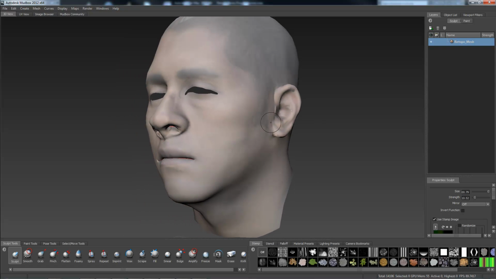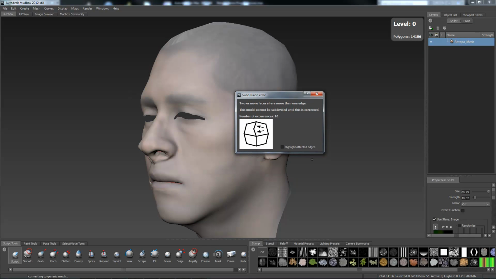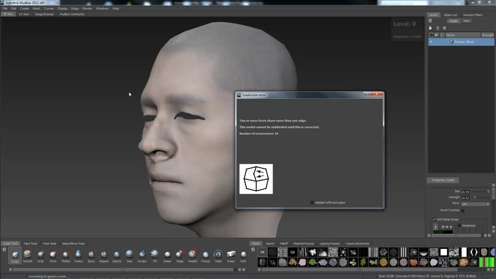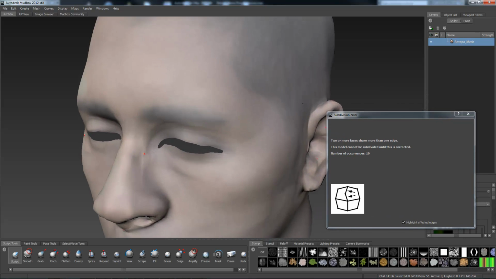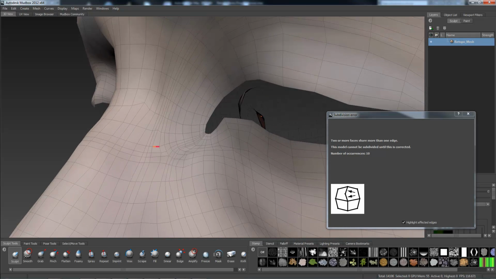First things first, let's go ahead and see what errors we come across when we try to subdivide our geometry. So when we hit Shift D, we get a subdivision error. We can't even subdivide our geometry with that second error that we had, and we have 10 occurrences here. So I'm just going to go ahead and highlight affected edges, and then now if we go ahead and zoom in here, we're able to see, if I hit W, which